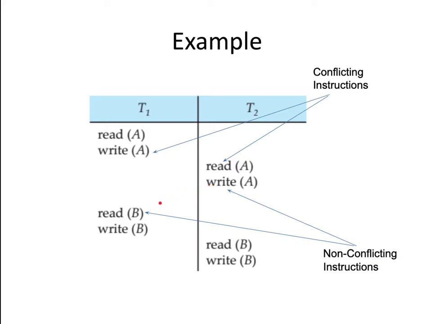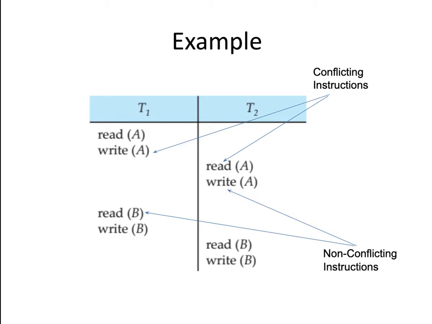And we are not exactly swapping, not simply writing read B over here and write A over here. No, we are just swapping the execution order. I will execute read B over here and write A over here. It could be done, and it will not affect the final result or outcome of your transaction execution. Now, by swapping only non-conflicting instructions, if this schedule converts to a serial schedule, then the schedule is known as a conflict serializable schedule, right?